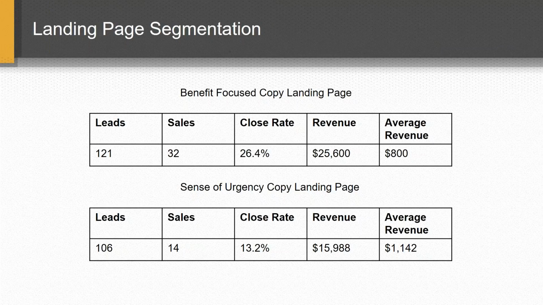As you can see, the benefit-focused landing page has a much higher close rate, but it also has a lower average revenue per sale. Now, this could be for a number of different reasons, and this is something that you'll have to work through with your sales team and further analysis. But